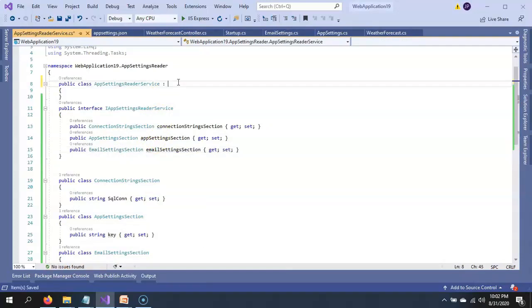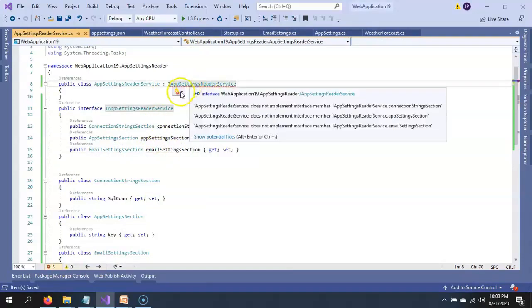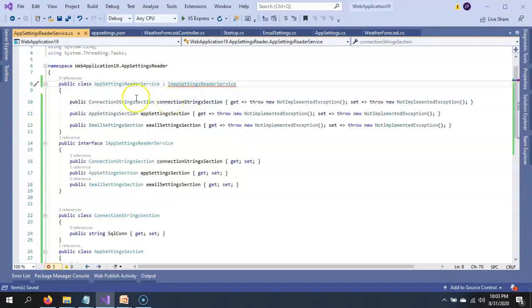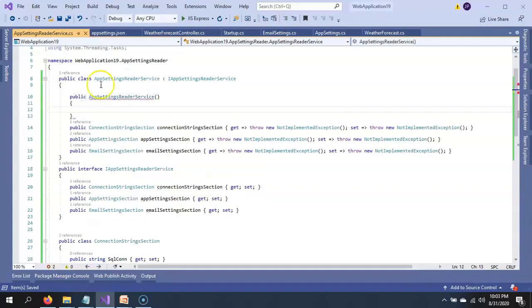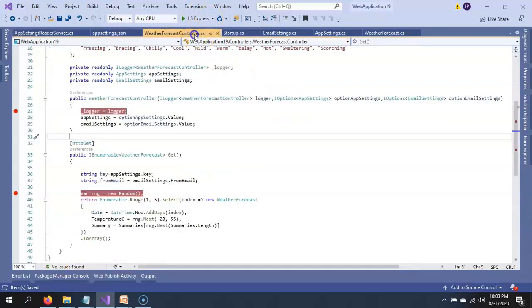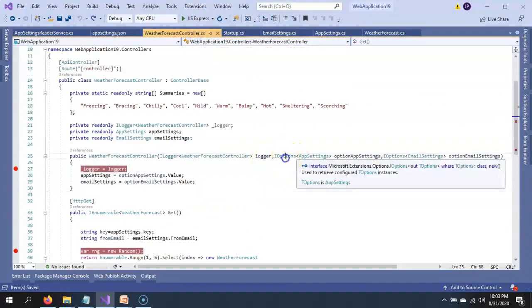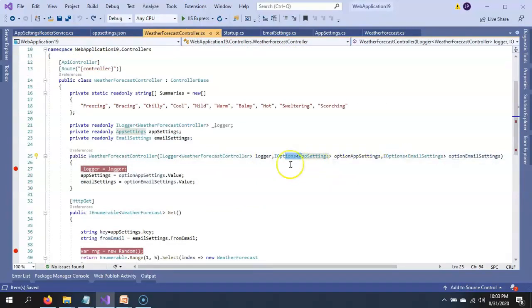Now let's implement this interface in a service class. So let's first create a constructor. In part 1 of the video we were injecting IOptions with the section class. If we have multiple sections we need to inject multiple IOptions into the controller.